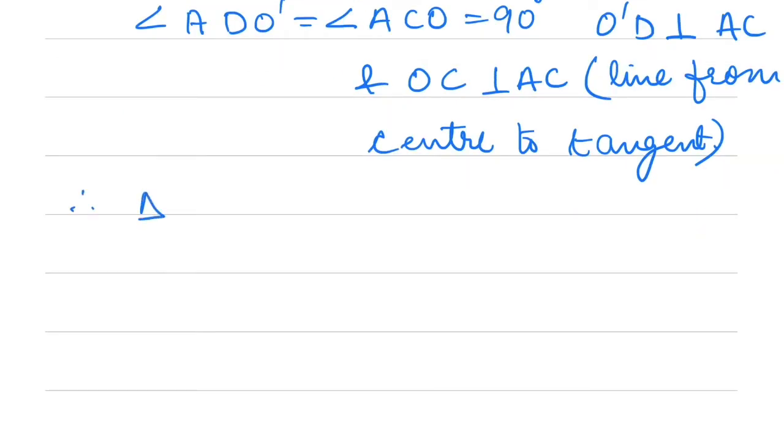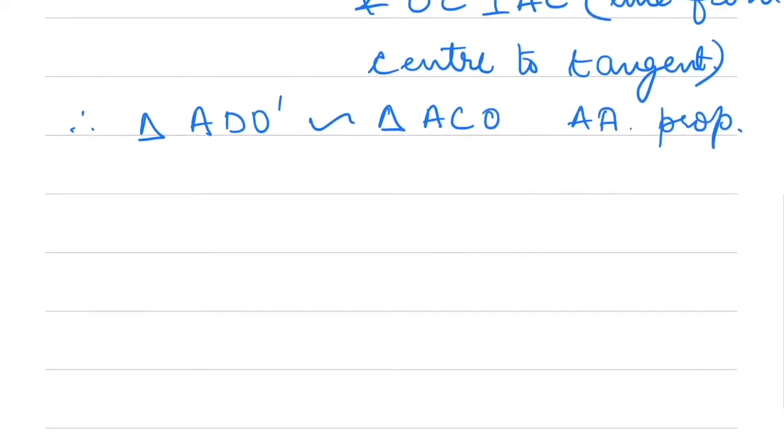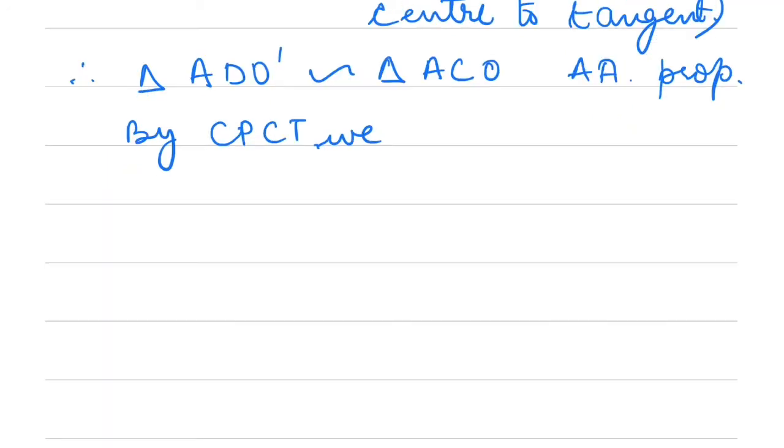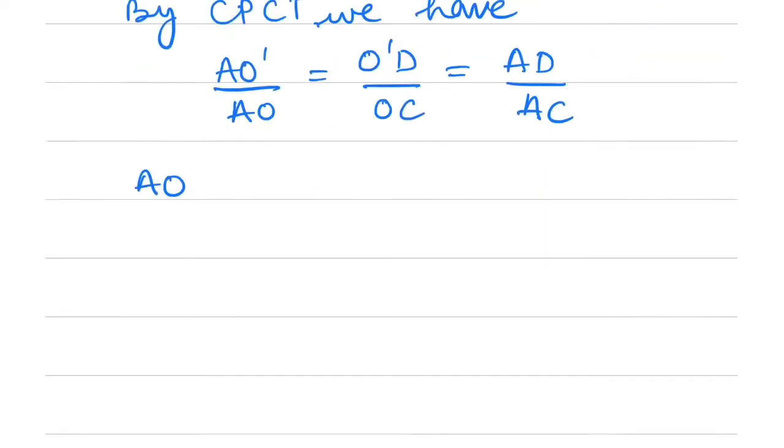Therefore, triangle ADO dash is similar to triangle ACO by AA property. So by CPCT, we have AO dash by AO is equal to O dash D by OC is equal to AD by AC,